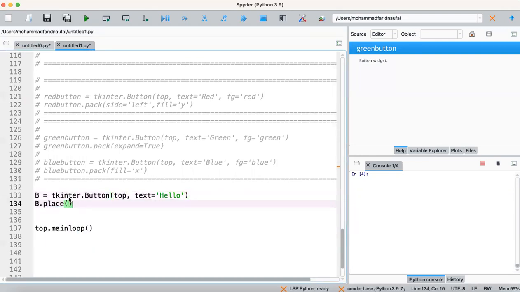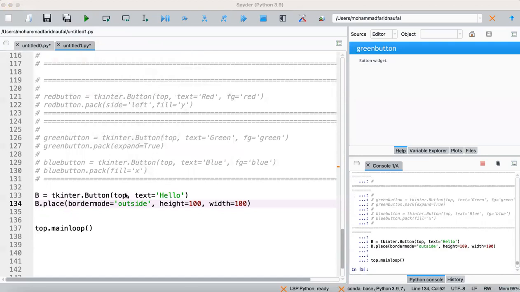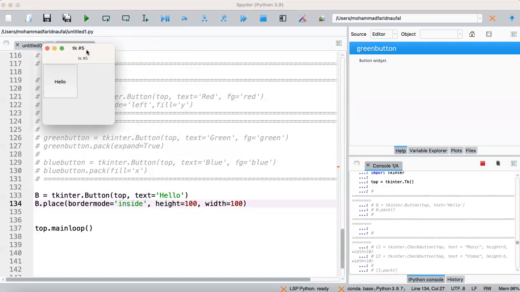Then for the border mode outside, and height, it will be the height for our button 100, and width also 100. Okay, so if we change the border into inside, it will be no different.